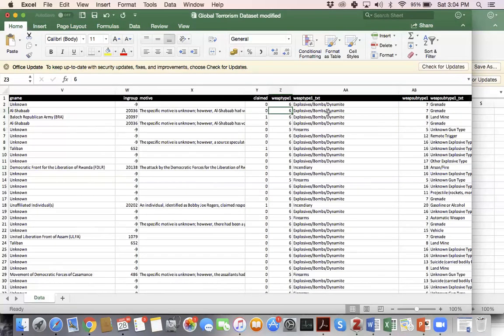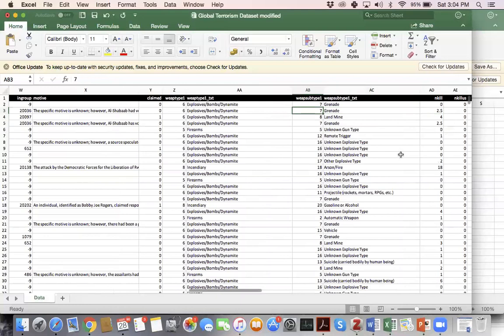We have the type of weapon that was used in the attack, like explosives or firearms or incendiary. And again, I invite you to go to the PDF and search the description of these types. What are the different possibilities? We have the weapon subtype. So in the case in which we have, for instance, explosives, bombs, dynamite, we have as a subtype the